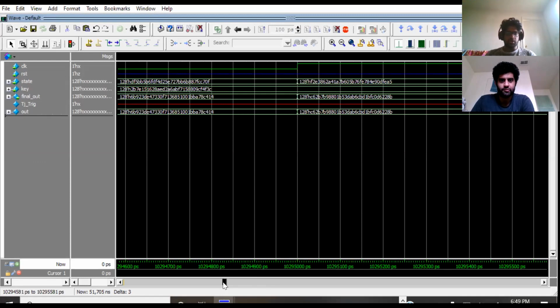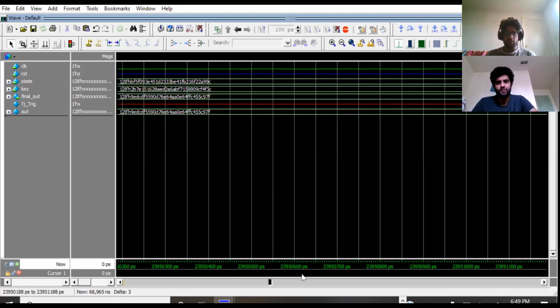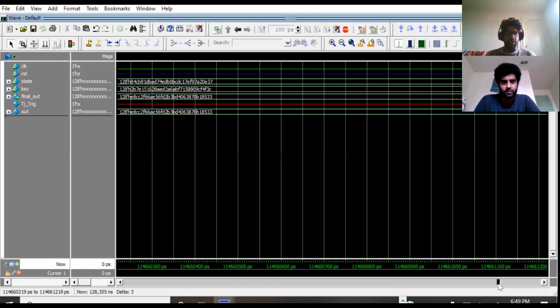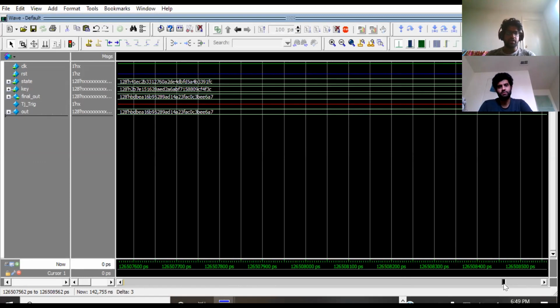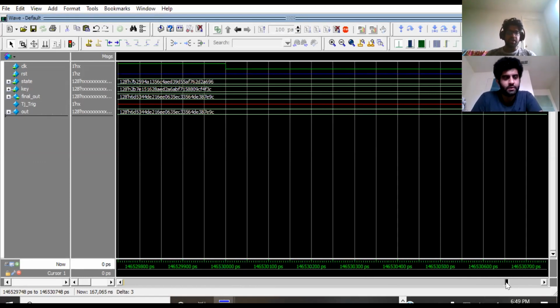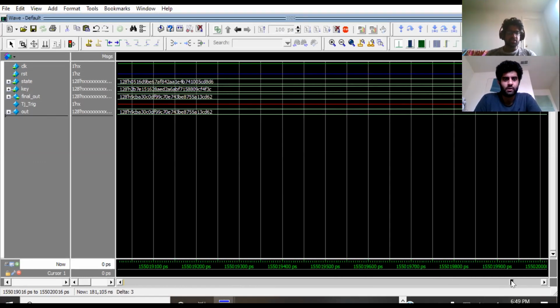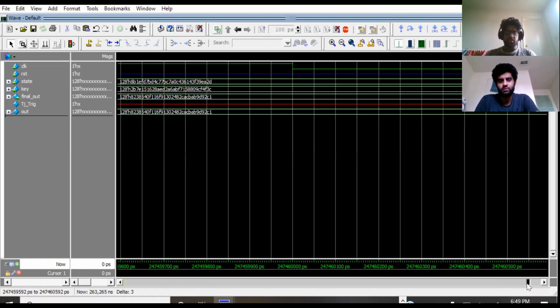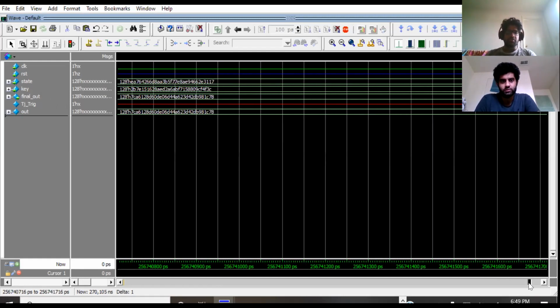As you can see, I'm running this simulation for a large number of cycles. It's constantly running and generating completely random states with a common key, which generates different encrypted outputs that are exactly the same in both this out and the final out of the circuit. But as you can see, the TJ trig, which is the signal that the Trojan has been triggered, is dormant. So this simulation shows that our Trojan, which has been inserted in the design,